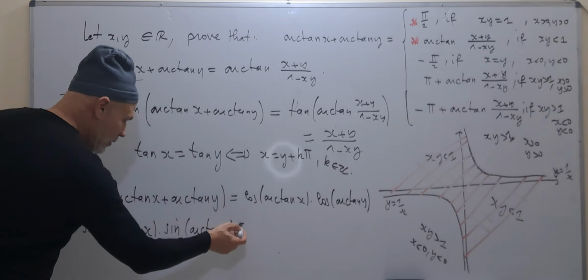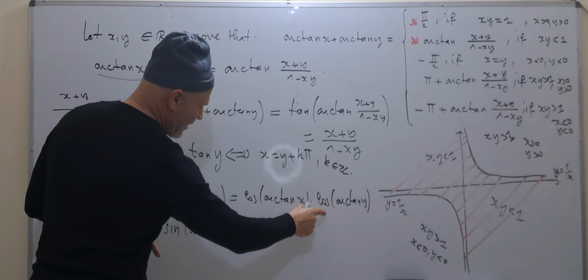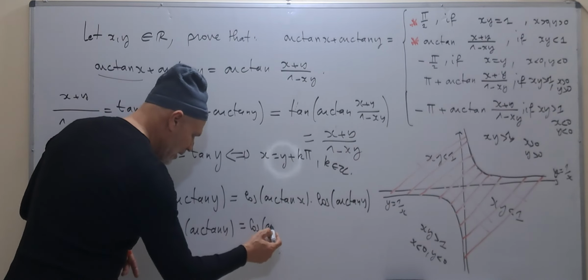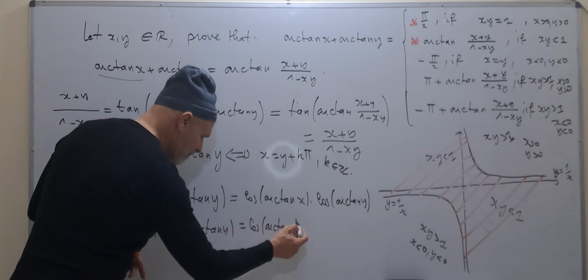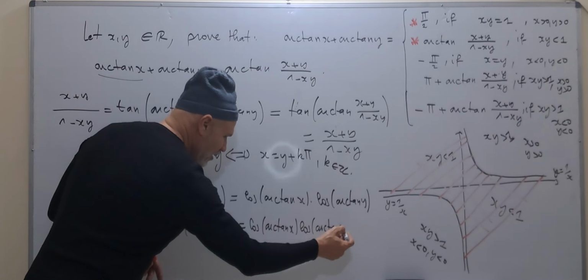And this is equal to, we take both cosines as a factor, we get cosine arctangent x and cosine arctangent y